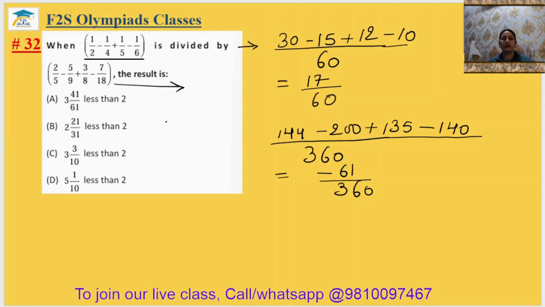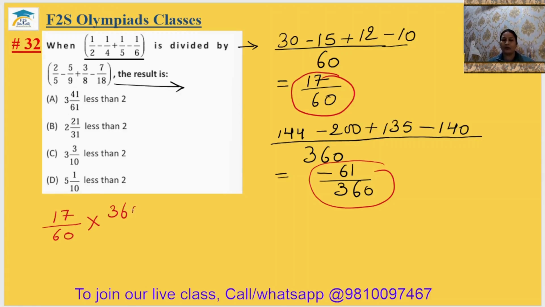Okay. Now the question is telling you to divide this part by this part. So we will divide it here. By dividing 17 by 60, I'm just doing it directly, the multiplication: the numerator will be the denominator, the denominator will be the numerator. Okay, so 0 0 cancel out, 6 6s are 36 and 17 6s are 102 upon 61 minus 61. It is your minus 141 by 61.